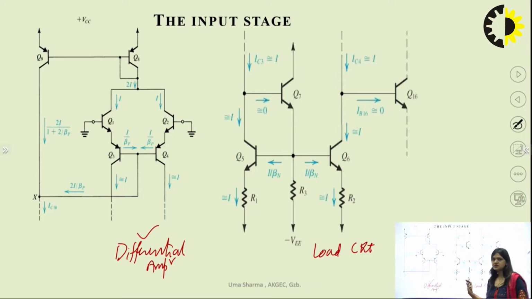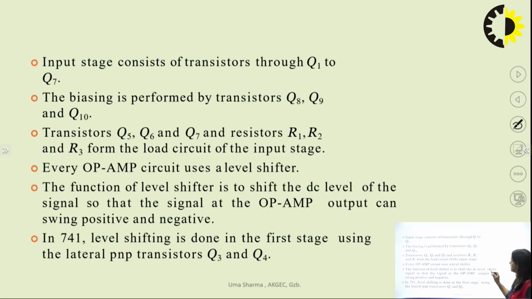about the DC analysis. As I have already told you, we have to do DC as well as AC analysis for this circuit. So first, with the help of DC analysis, we can set the operating points, then only we can apply the input voltage to amplify it into the certain desired value. So here these terminals are grounded, but obviously we will apply input on these two terminals, and you can see that Q1 and Q2 are forming a differential amplifier, and here the transistors Q3 and Q4 are also used to provide the level shifting